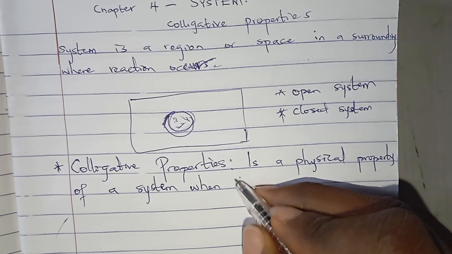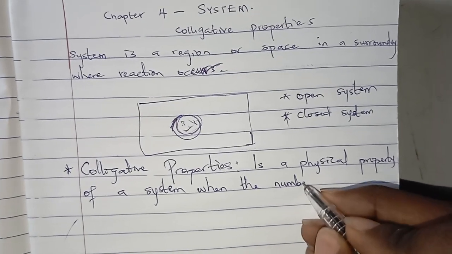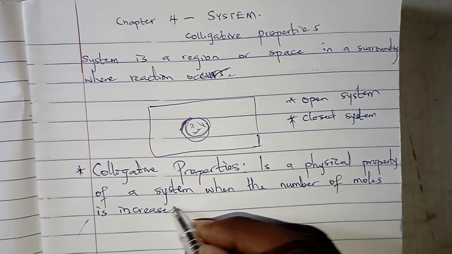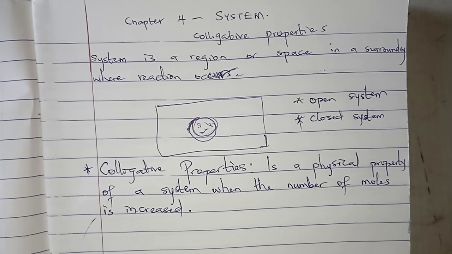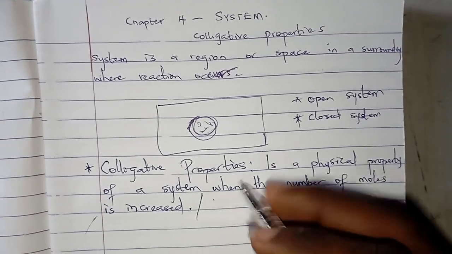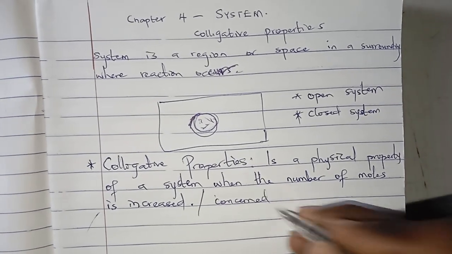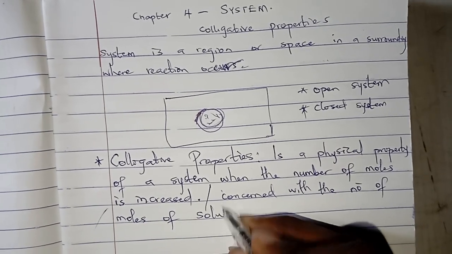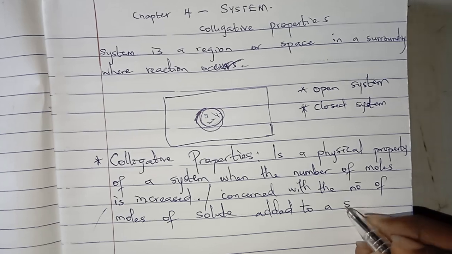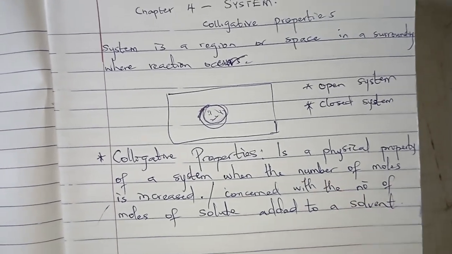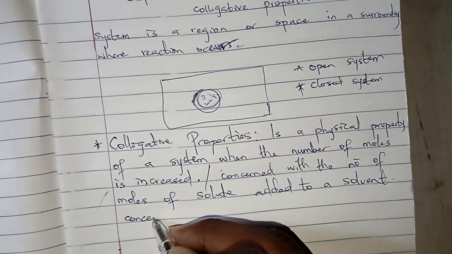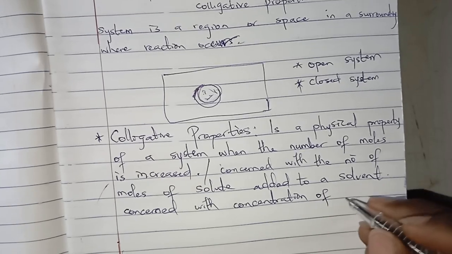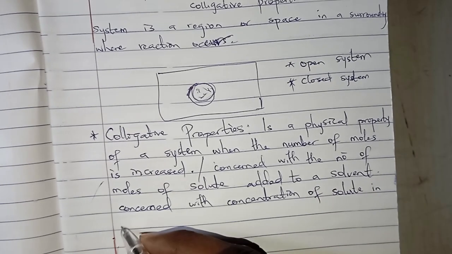when the number of moles is increased. So it's the physical property of a system when the number of moles is increased. Or we can say that it is the physical property of a system that is concerned with the number of moles of solutes added to a solvent. We can also say that the colligative property of a system is the physical property of a system concerned with the concentration of solutes in a solvent,